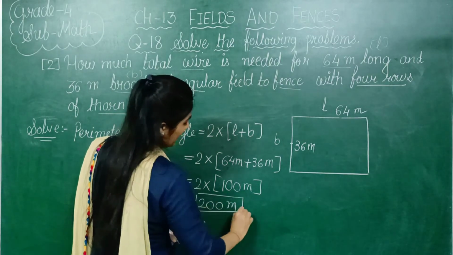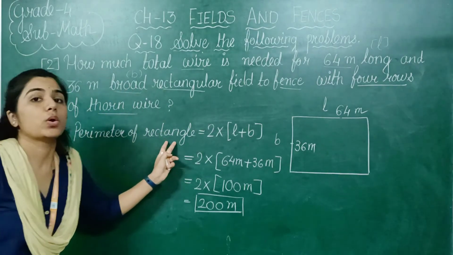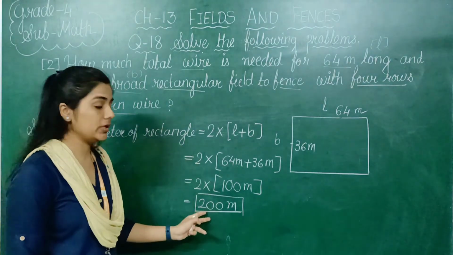So we have found the perimeter of the rectangle, or the length of the boundary of the rectangle of